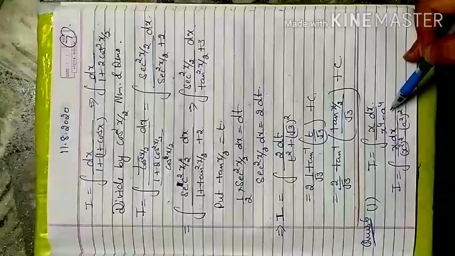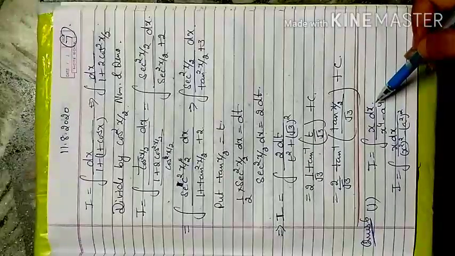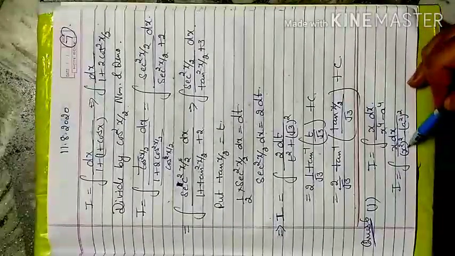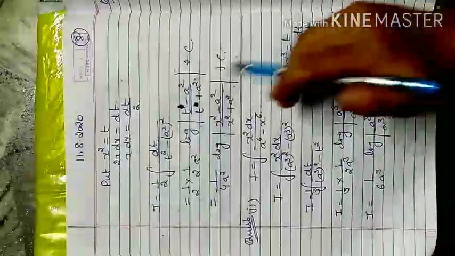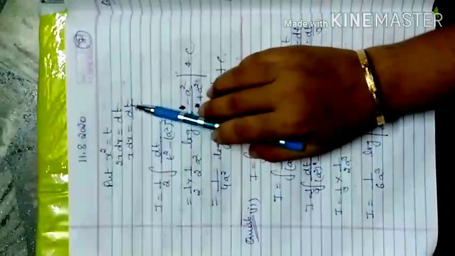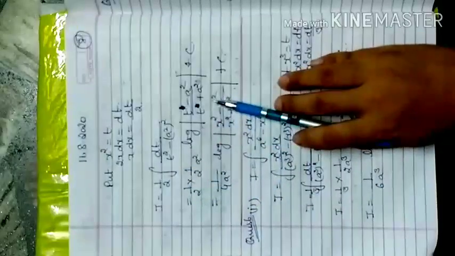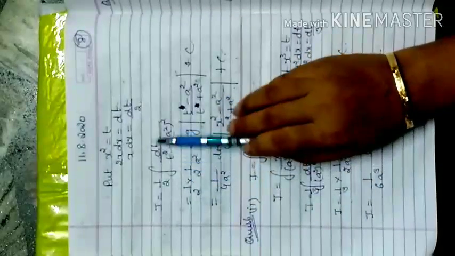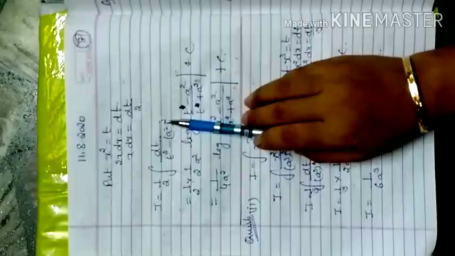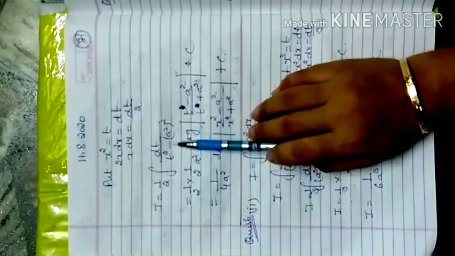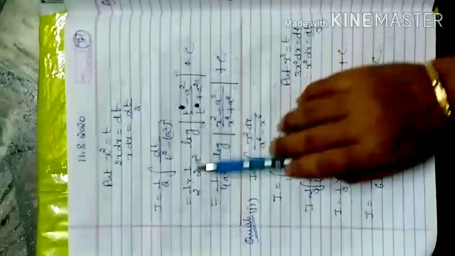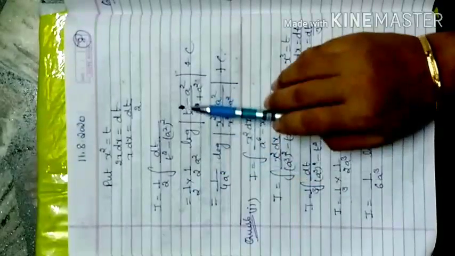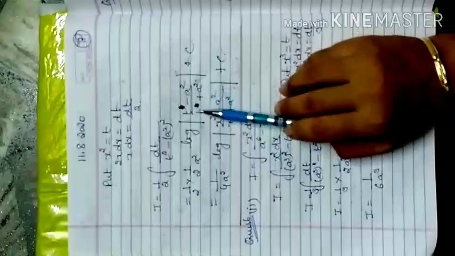Next is the 6th question, first part. If x upon x4 minus a raised to power 4, dx is there, so first I write x4 as x square whole square and a4 as a square whole square. Now further we consider x square is equal to t, 2x dx is equal to dt, x dx is equal to dt by 2. Now the main term changes in the form of t, 1 by 2 dt by t square minus a square whole square. So this is the form of x square minus a square, that is 1 by 2a log of x minus a and x plus a. So in place of a there is a square, in place of x is t: t minus a square, t plus a square.